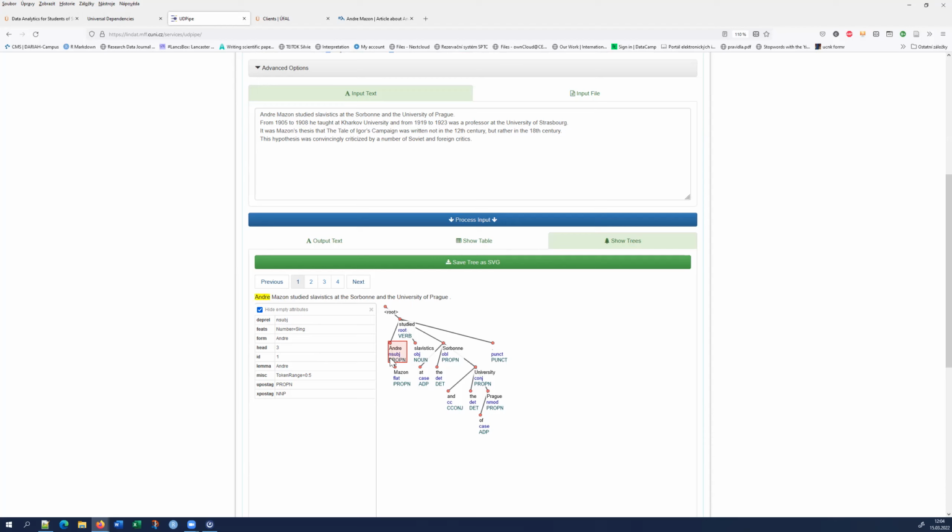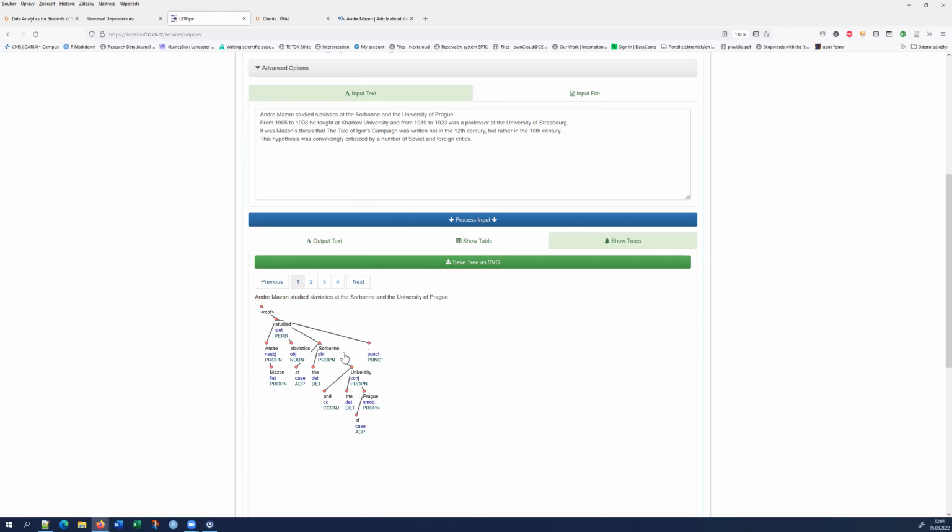So the labels in capital letters are the coarse parts of speech tags, and the smaller ones are the relations. Why is this important or interesting? Well, it's very powerful if you extract information from big data. If you, for instance, want to extract all